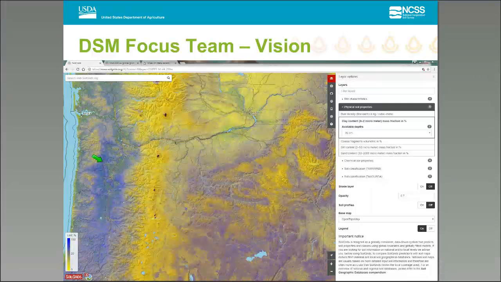And so, just like we do with Web Soil Survey and other data viewers, we can view and explore these data, and it's just in a different format with the raster and like we've done with gSSURGO, these properties have been pre-calculated for the user. Okay, so those are just some examples of what the raster soil property products might look like,